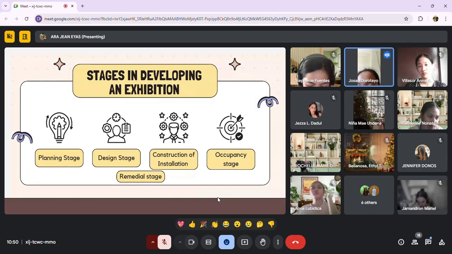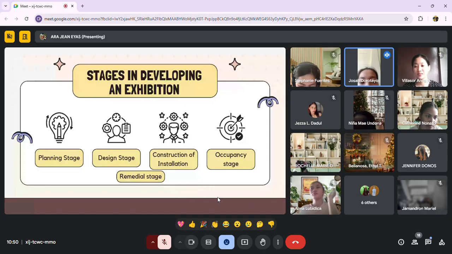So when we say design, it includes how we can make the exhibit more catchy, or the materials that we're going to use for the exhibition. So from the name itself, it focuses on the design.